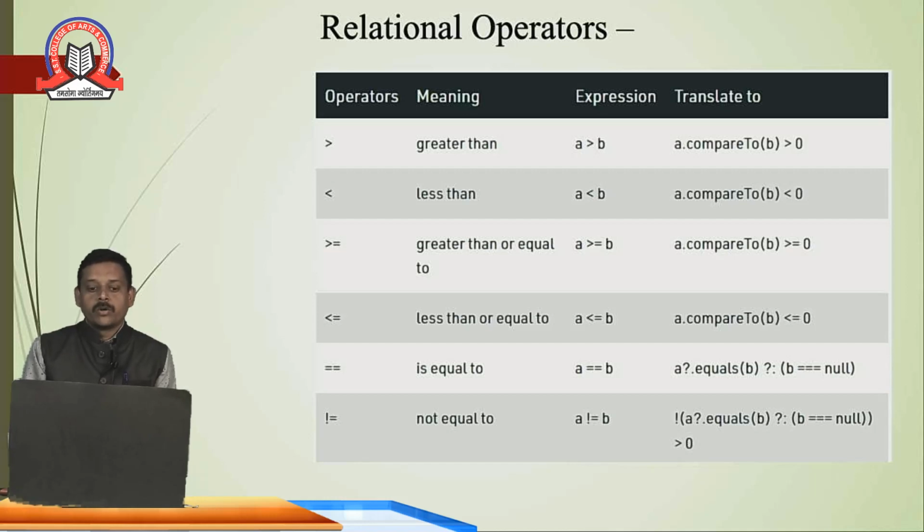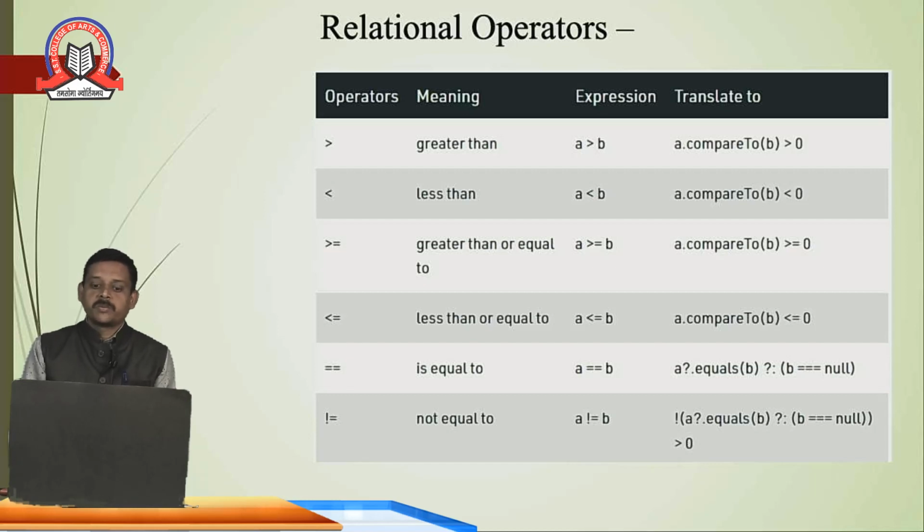Again, for greater than or equal to, we have the right directional arrow followed by the equal to sign, and for less than or equal to, we have the left directional arrow followed by the equal to sign. And equal to indicates that a is equal to b. For that we use the double assignment operator, or you can say double equal to sign. And if we want a is not equal to b, we can use an exclamation mark before the equal to symbol.